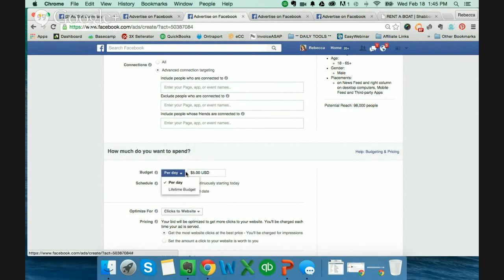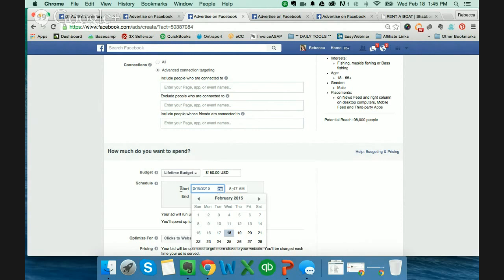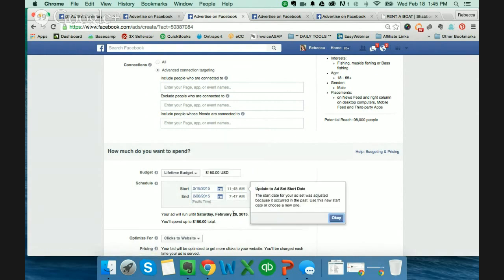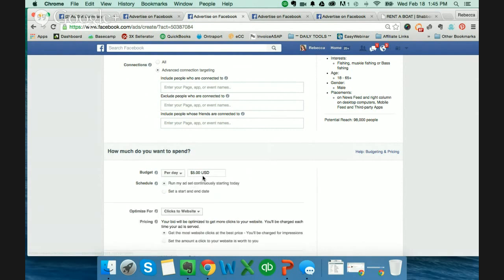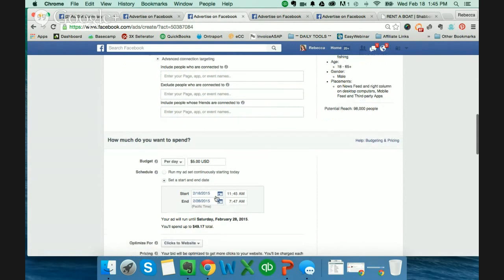If you don't feel comfortable doing $5 a day, you can set a lifetime budget. And if I change this to a lifetime budget and I leave it at, let's say, $150, and I only want to run it from today until the end of the month, because the sale is going to end at the end of the month, it will tell me that I'm going to spend about $150. If I change this back to per day, and I set my start and end date, it's going to tell me at $5 a day, now I'll spend